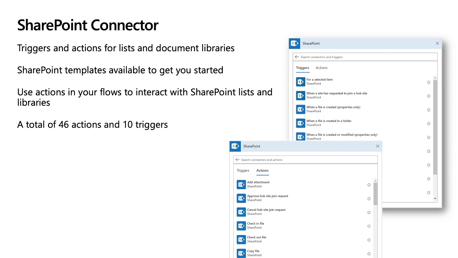So SharePoint Connector is very powerful. We have 46 actions and 10 triggers to surface a lot of scenarios that you might be thinking about customizing that business process you have in your organization. So what is new? There are 46 actions and 10 triggers, right? That seems a lot. But we keep pushing updates